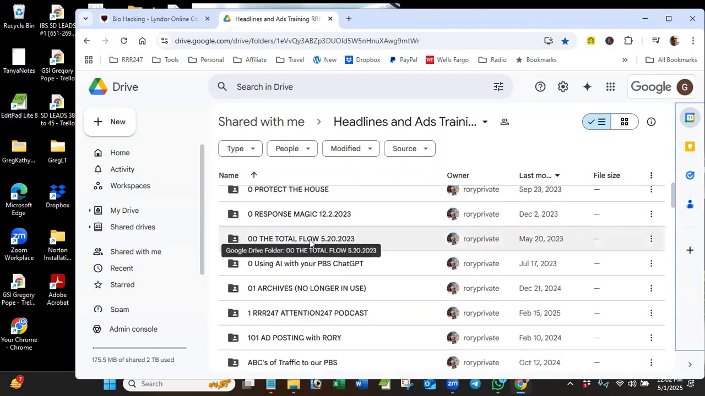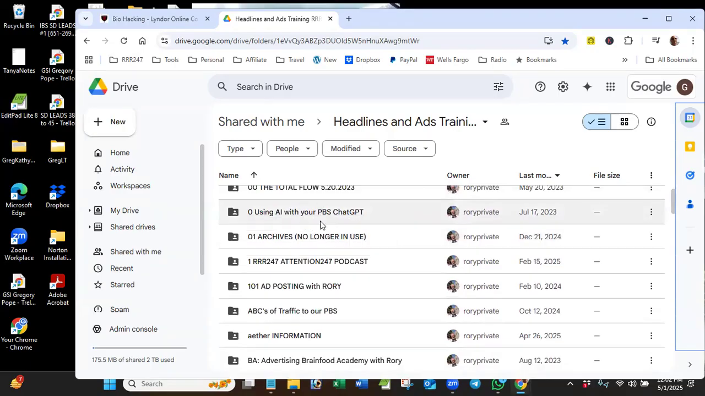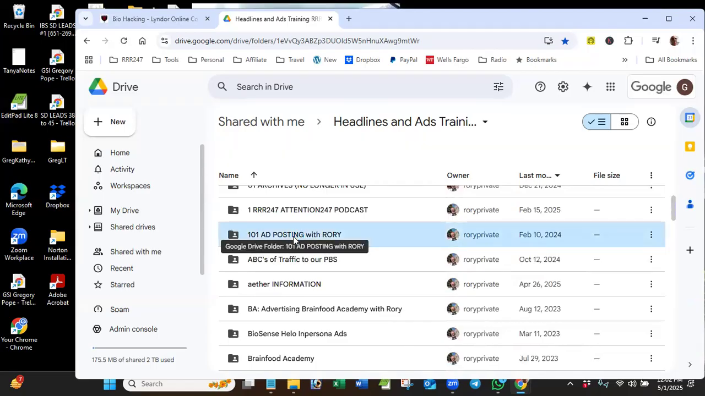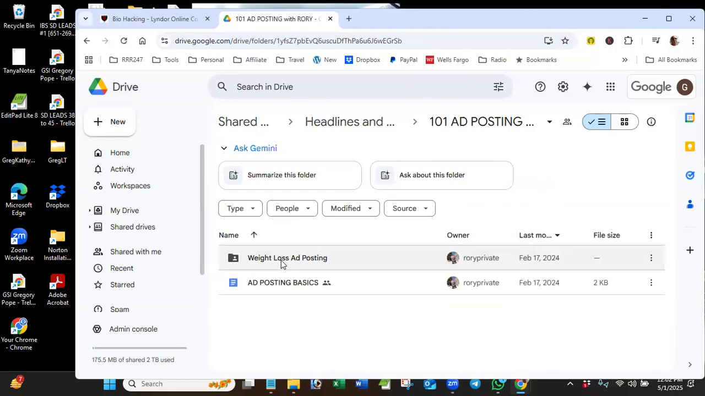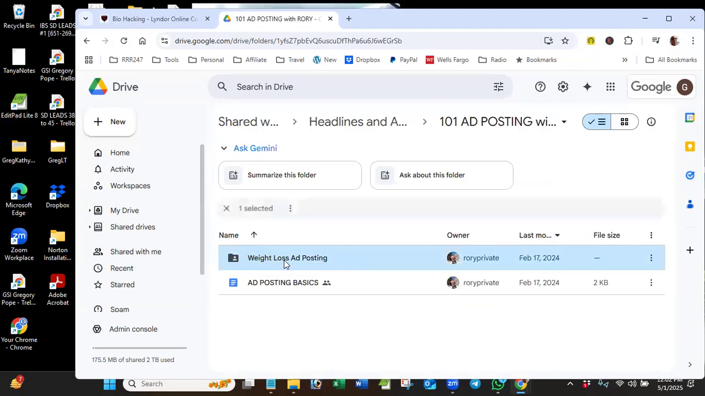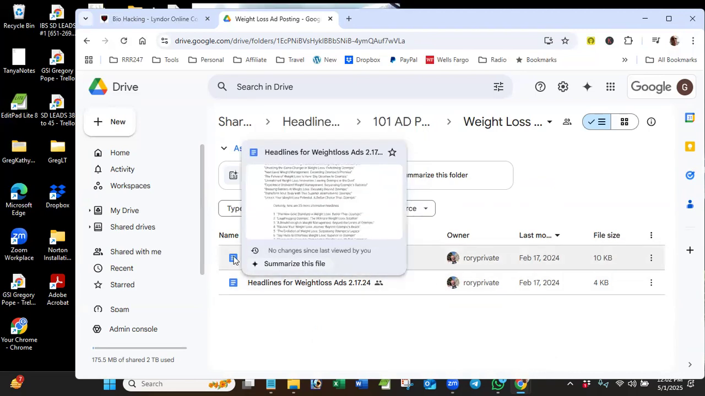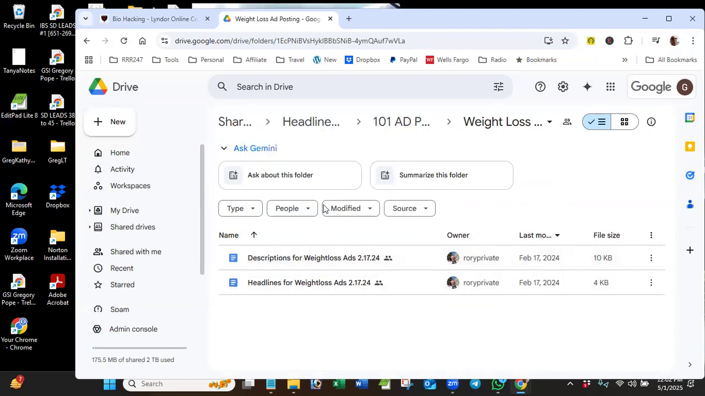I already have this saved on my computer, but I want to make sure that you know how to find it. So let's take a look at this one-on-one posting with Rory. Weight loss ad posting. Okay. And then I'm going to open this by double clicking. So here are descriptions for weight loss and headlines for weight loss. These are two different documents. All right, so I'm going to go ahead and open these, but